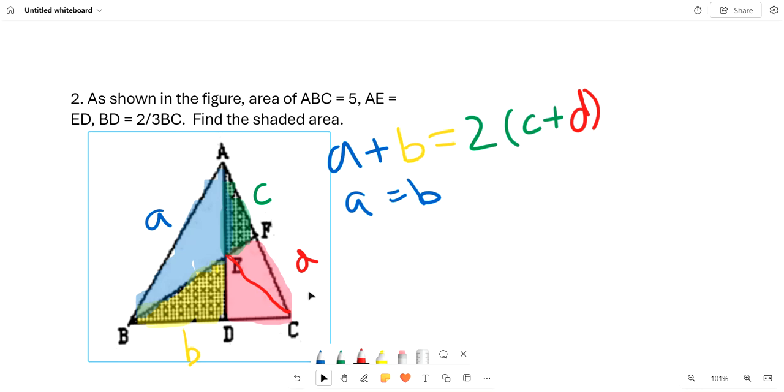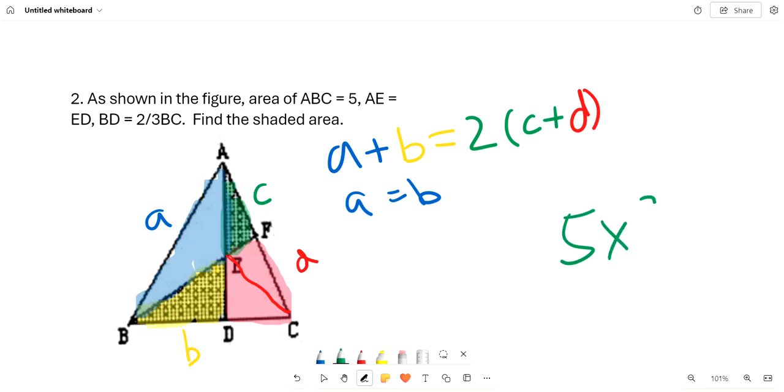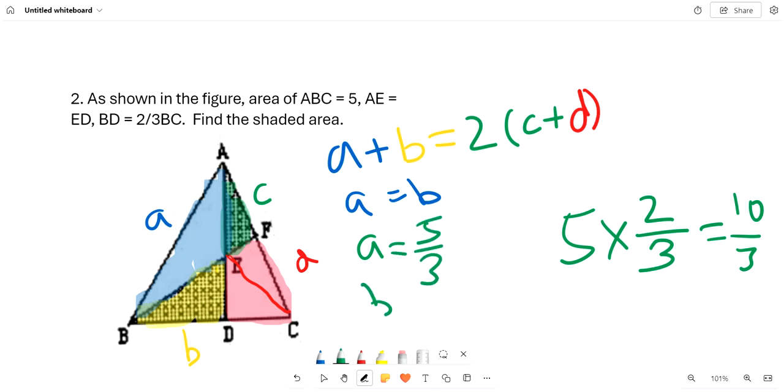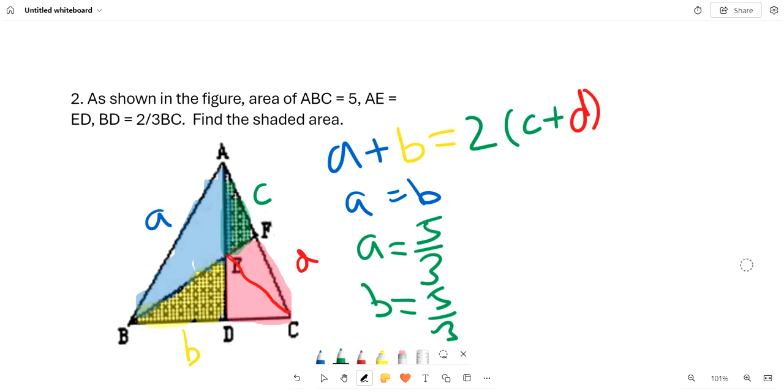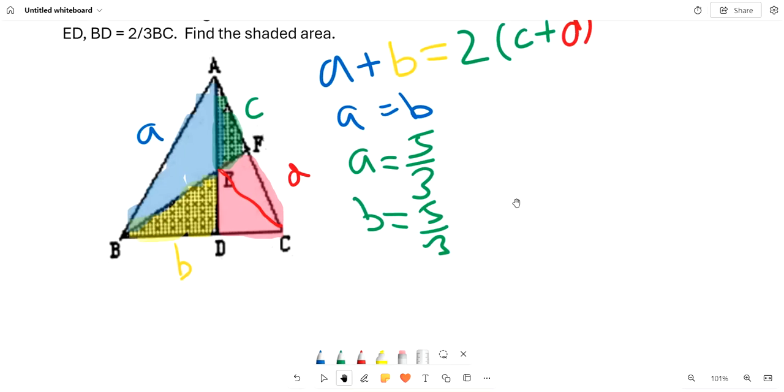We can find that because the area is 5, ADB has an area of 5 times 2 over 3, because ABD is 2 over 3 the area of ABC, and that equals 10 over 3. And so A equals 5 over 3, and B also equals 5 over 3, because they're equal. And since we know they're equal, we also find that